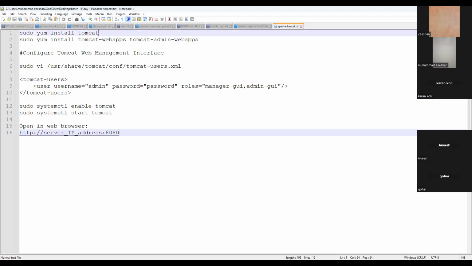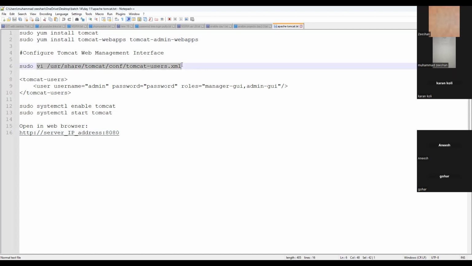What we will do is just yum install Tomcat. We are going with the default installation, and you can go with a custom installation if you need, but the default is fine for us now. So these are the few commands, and then I can open tomcat-users.xml. It is the file created after we have installed